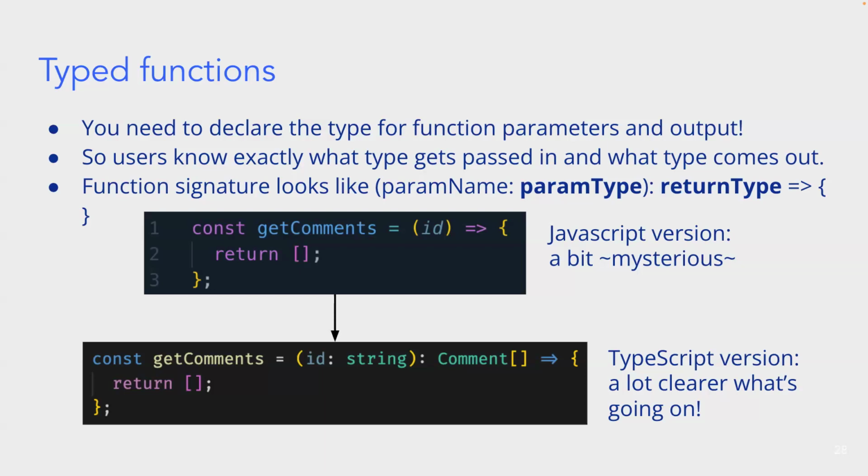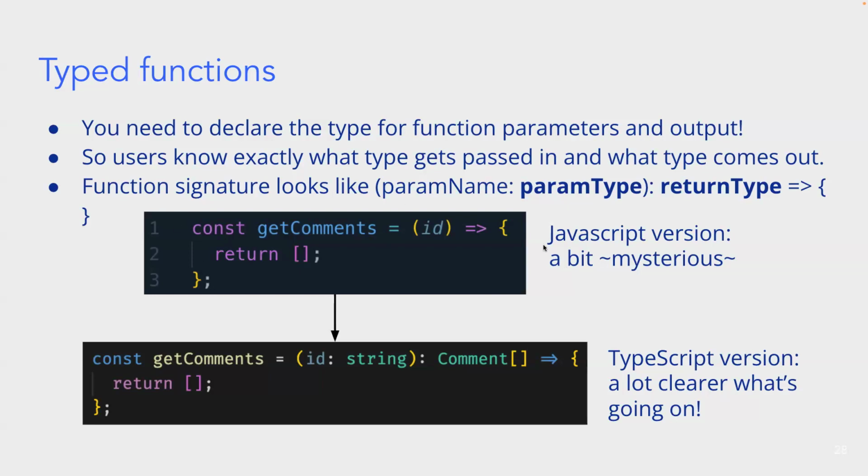So as a developer, if you can strictly enforce exactly what type gets passed into your function, then you can help prevent a lot of edge cases or unknown behavior that could happen. And as someone reading or using the functions you write, it's very clear exactly what's passed into the function and what you get out of the function.